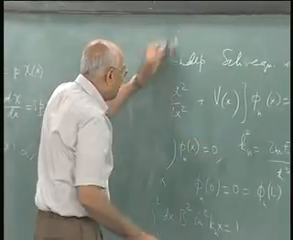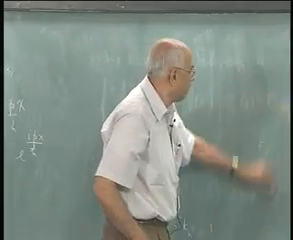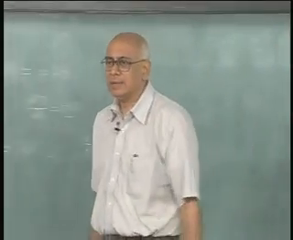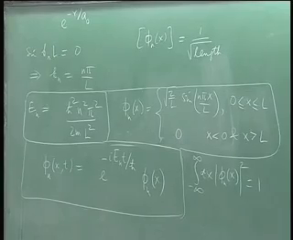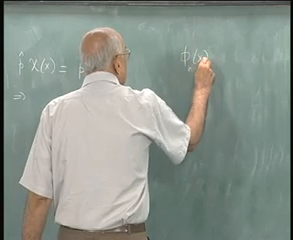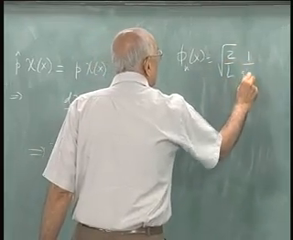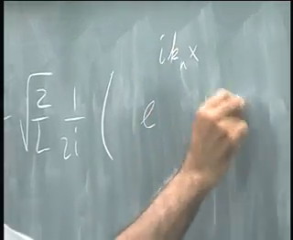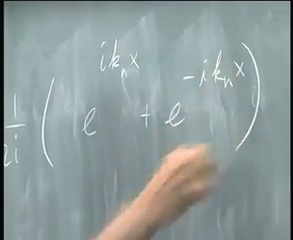So does this remind you of a momentum eigenstate, or a superposition of momentum eigenstates? How many of them are there? Why do you say that? Yeah, so sin theta can be written as e to the i theta minus e to the minus i theta, over 2i. So I can certainly write this phi n of x as root 2 over L, 1 over 2i, times e to the power i k n x minus e to the minus i k n x, where k n